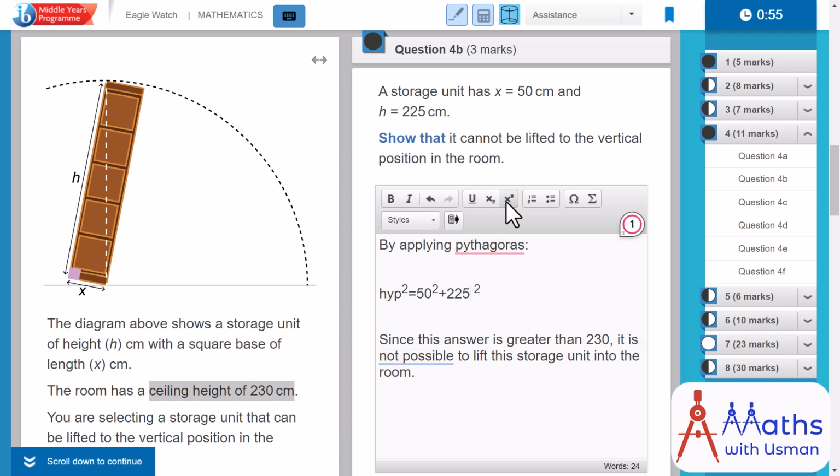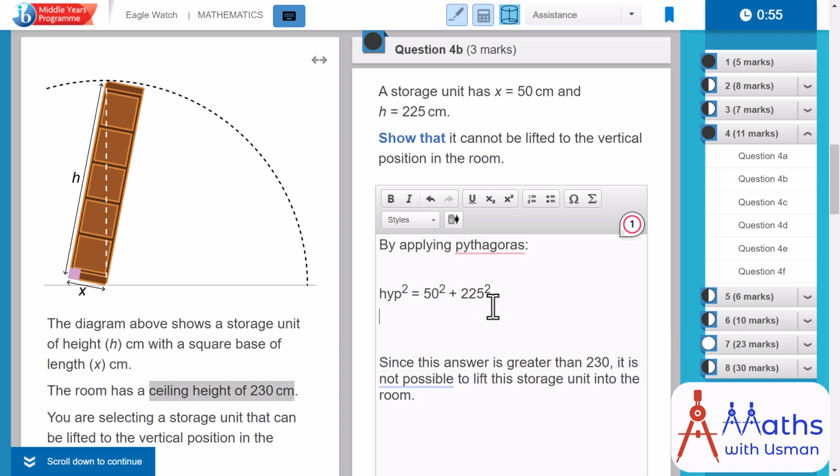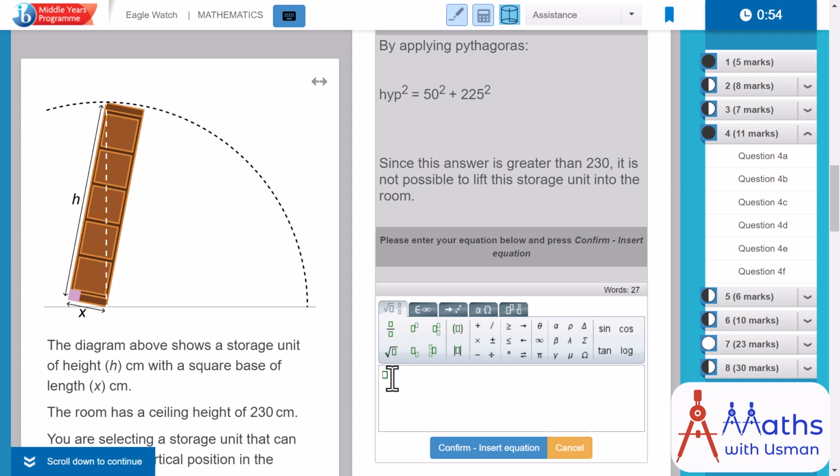Alright, so I've basically inserted everything in the correct format without any mistakes. Do not use this as a power sign. This is totally incorrect. You could have inserted this statement by pressing this button over here, which is the editor that allows you to type in math in the correct format. So I could have said hypotenuse square, that's how you insert a square.